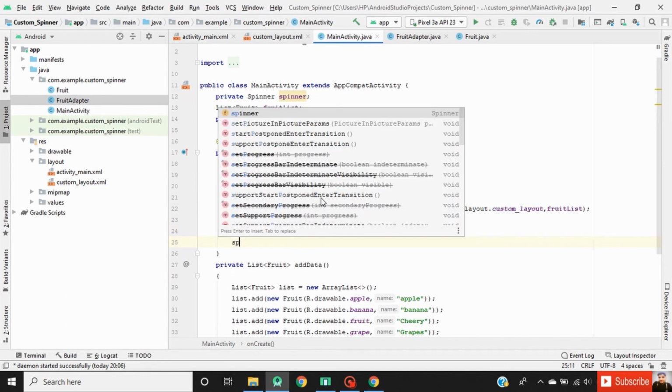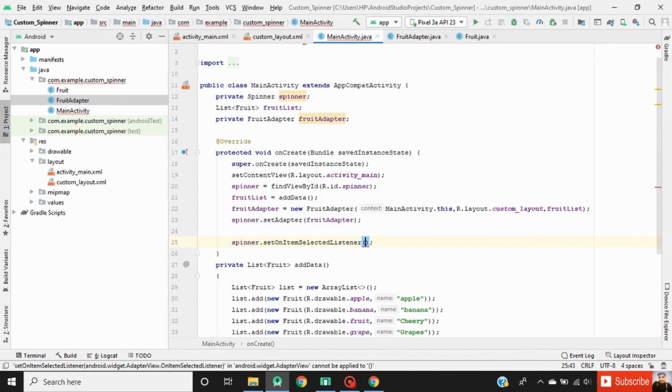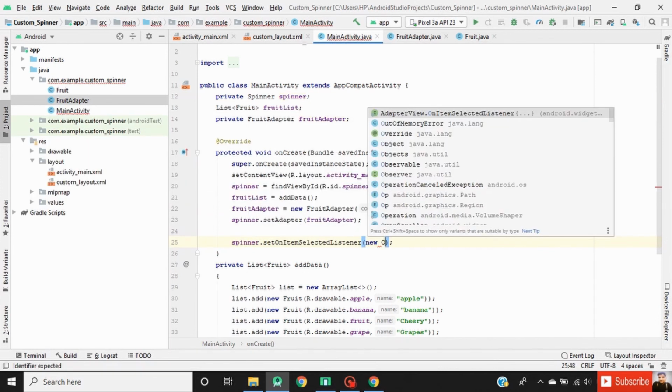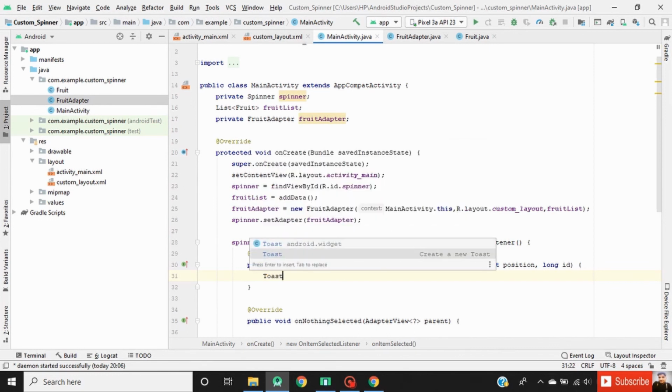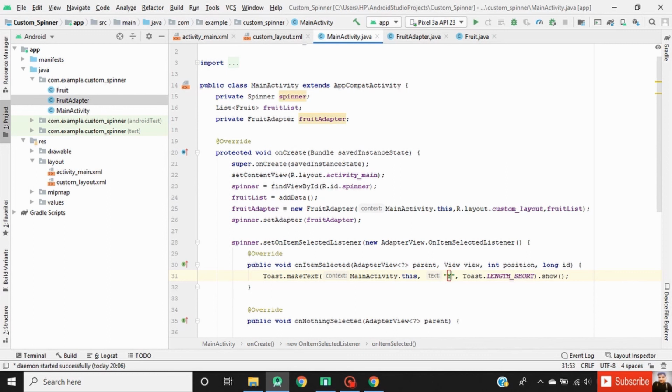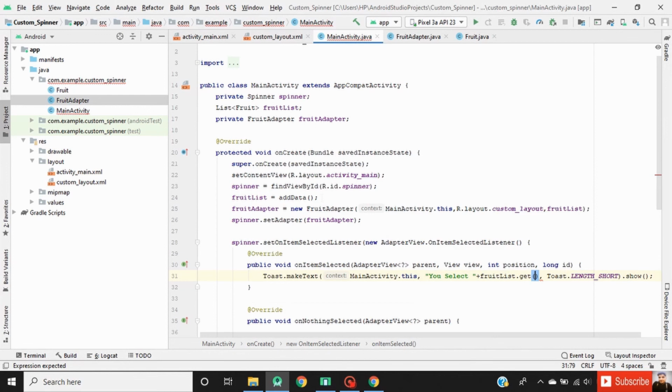Now define the click listener for this spinner using setOnItemSelectedListener. This interface provides two methods, onItemSelected and onNothingSelected. We will display a simple toast message when the user selects an item from the spinner. Simply use fruitList.get, pass the position, .getName.